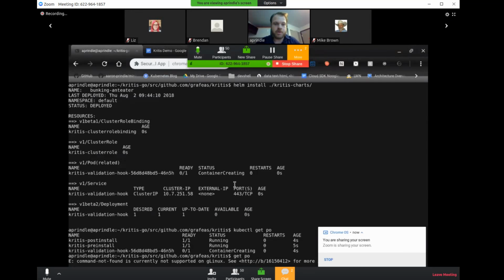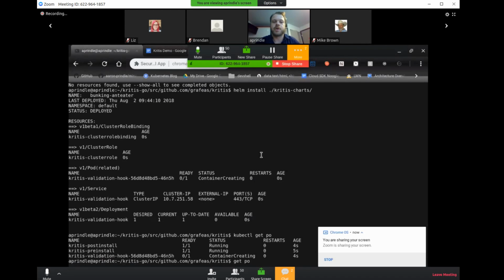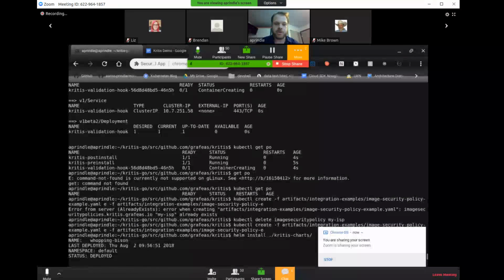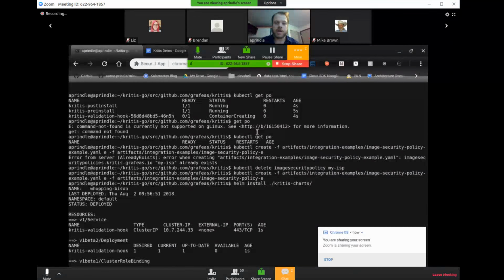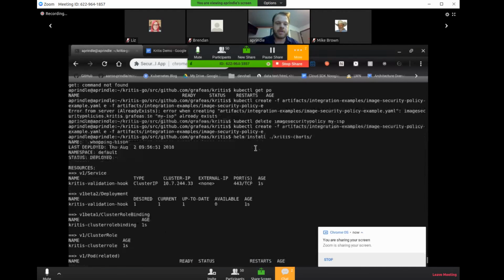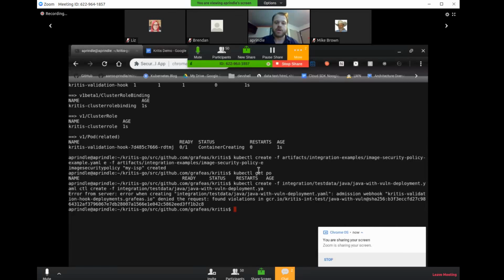All right, so here I just went and installed it. Kritis is currently a single Helm chart, and I've deployed this on a cluster. I just wanted to make sure everything was working. I added an ISP, and I can do the rest now. Essentially, I've installed Kritis on a cluster, and what that looks like is we have the one,